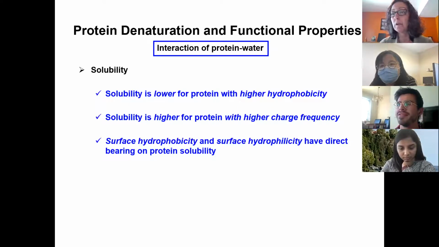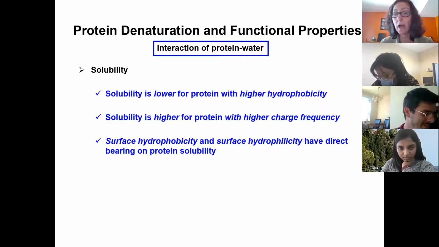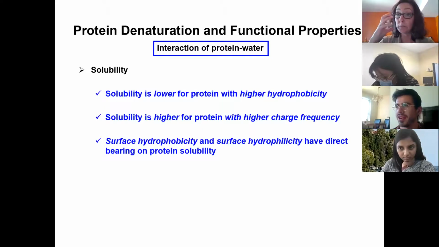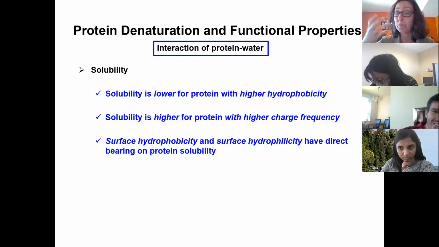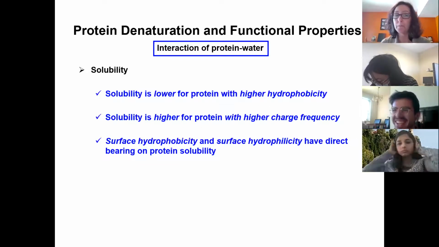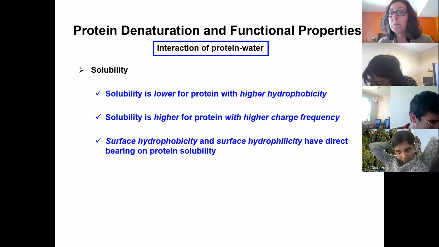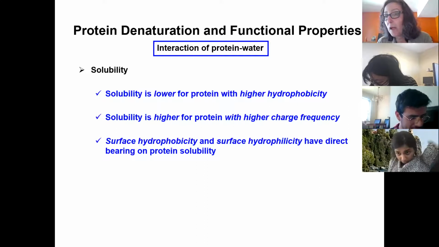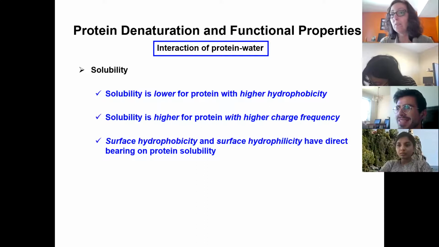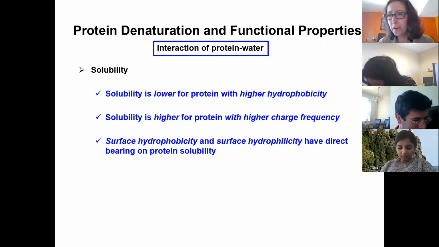So when we talk about solubility, both properties have bearing on solubility. How much surface hydrophobicity there is, versus how much charge and polarity there is on the surface, will impact your solubility. Sometimes there is high charge, but because there is high hydrophobicity as well, they kind of counter each other. So when you measure one attribute, when you measure charge and you say, oh, the protein has net negative 30 charge,